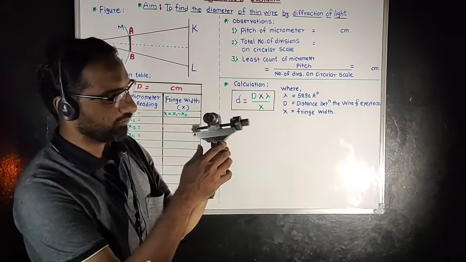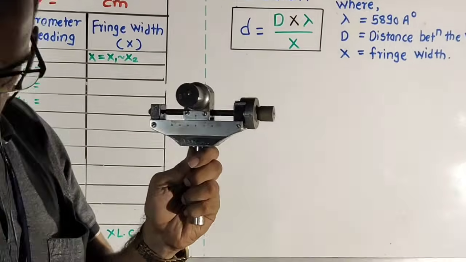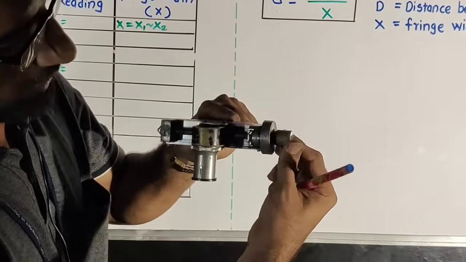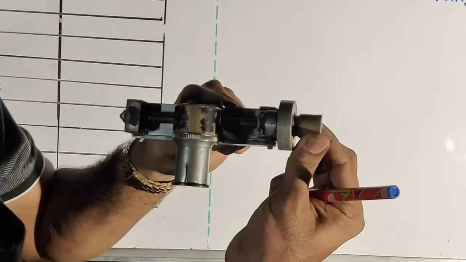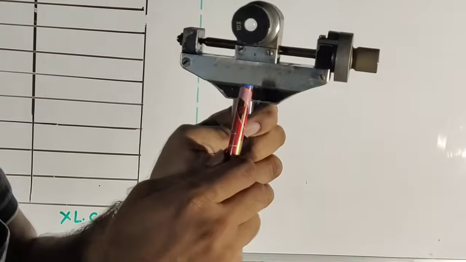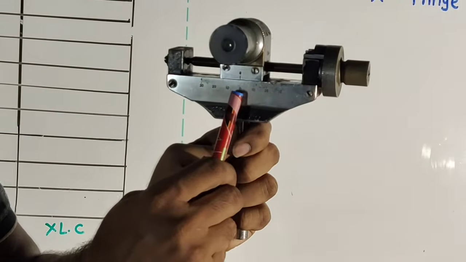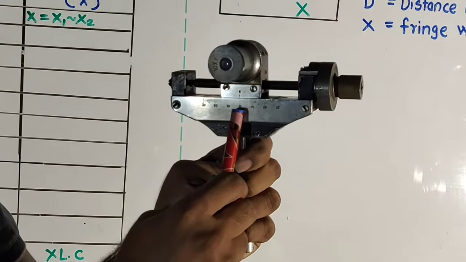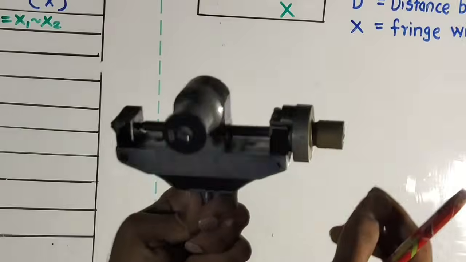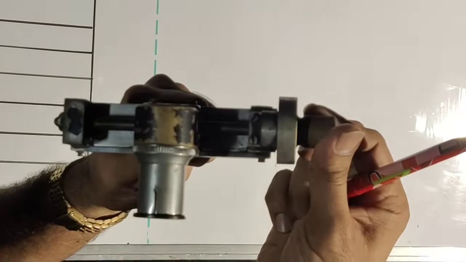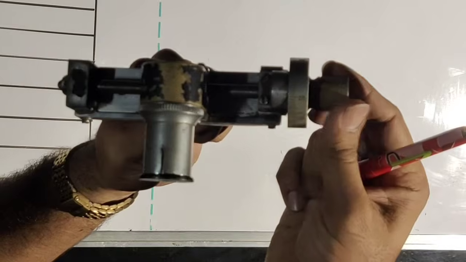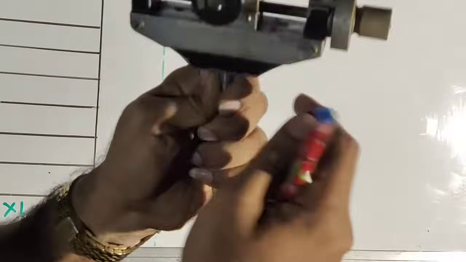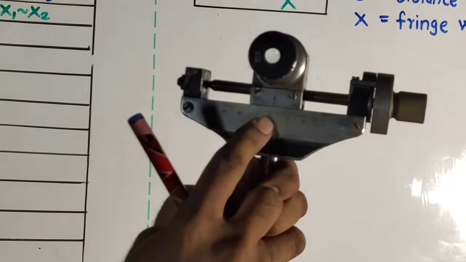So we have this micrometer screw here. This is the main scale. Here we are using this screw. Initially we have to adjust this screw exactly at the 0 position, and at the same time we get the 0 line here which is matched with the 0 on that scale, and we have to check how much division is shifted after one rotation of this screw. So when we rotate this screw by 1, this is one rotation. After completion of this one rotation, we get a shift of only one division.